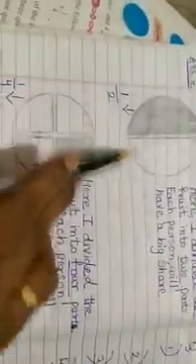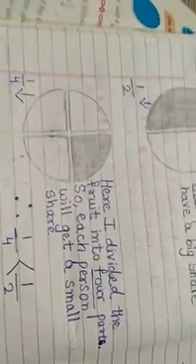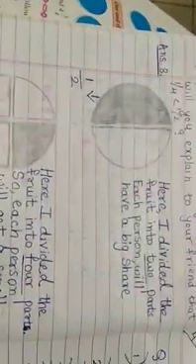This last question, children, you have to do it this way. You have to draw this diagram and write down this. In front of this picture write down this, and in front of this picture write down this. Okay children, all these questions of page number 57 you have to do in your maths notebook.